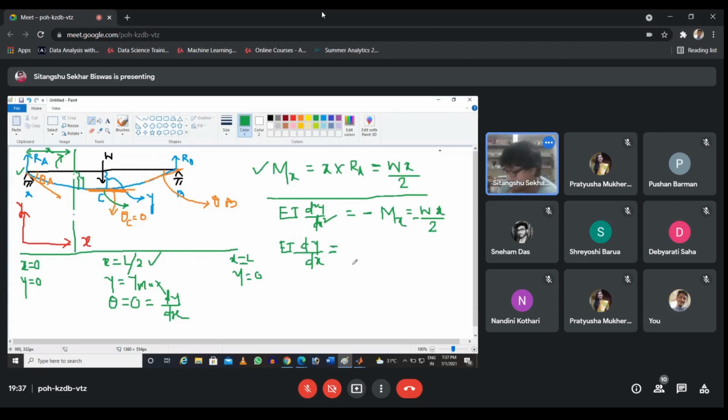So this is equal to, if we integrate, minus W x square by